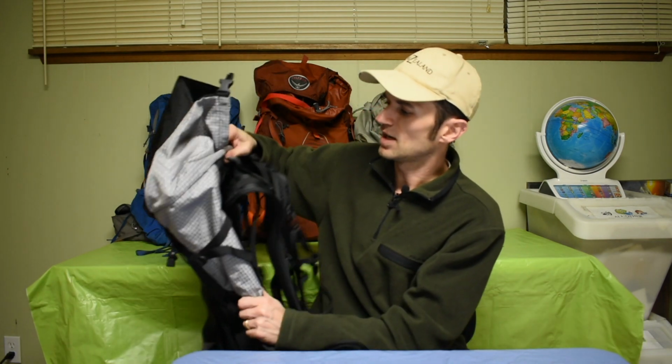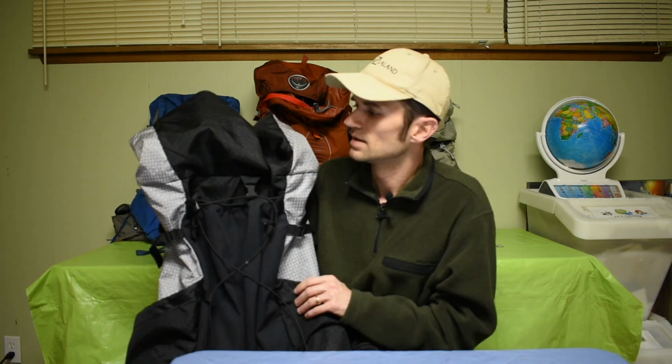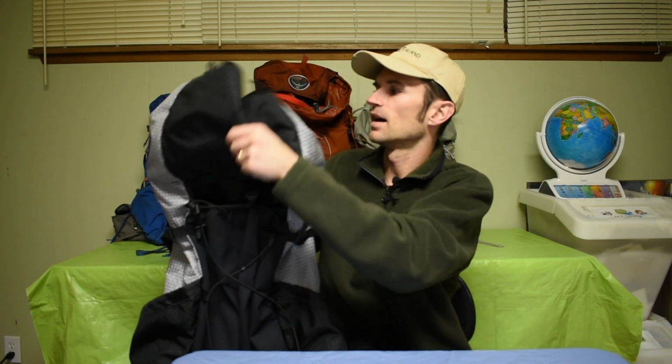Well, I still like the rigid structure of the frames for larger loads, and while I won't be carrying larger loads that often anymore, for the week-long trips I like to do, one of those a year, that often results in larger food loads that take up a lot more space. I have a family, I have kids that I go out with. So if I want to take this out on a family trip with any of my kids,